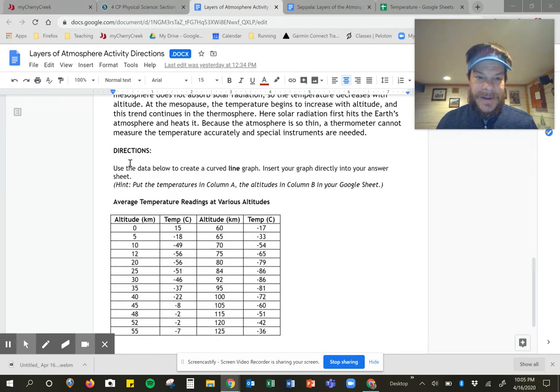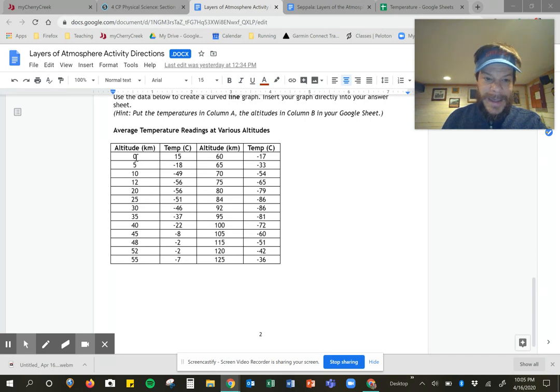When you get down here, you see the data. Here is the data that I have collected for you from the NOAA website, so you don't have to go and collect that. I broke it up to fit on one page: altitude, temperature in Celsius, and then altitude and temperature in Celsius. Instead of making one big long data table, I made two data tables kind of next to each other. Make sure you take that into account when you start creating your data table to create your graph